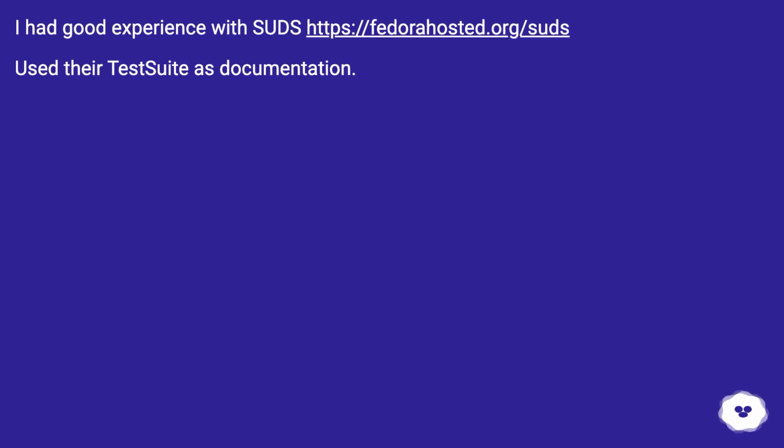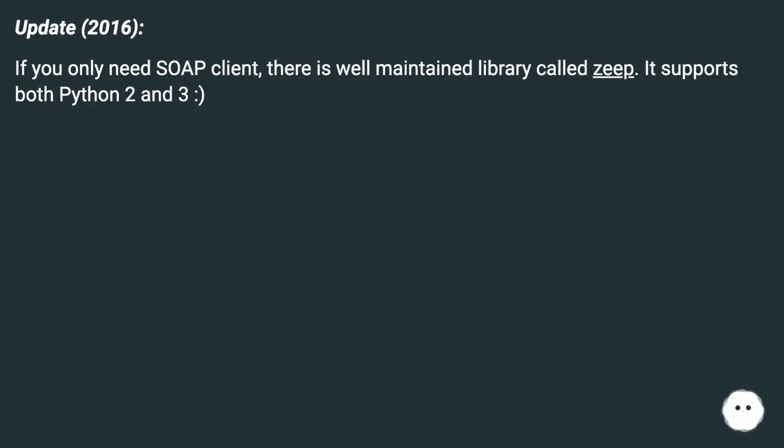I had good experience with suds. This URL. Use their test suite as documentation. Update 2016: if you only need SOAP client, there is a well-maintained library called Zeep. It supports both Python 2 and 3 :)